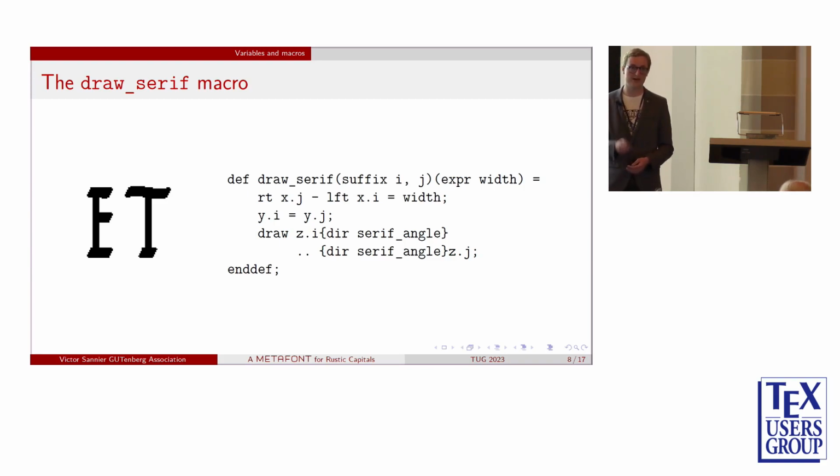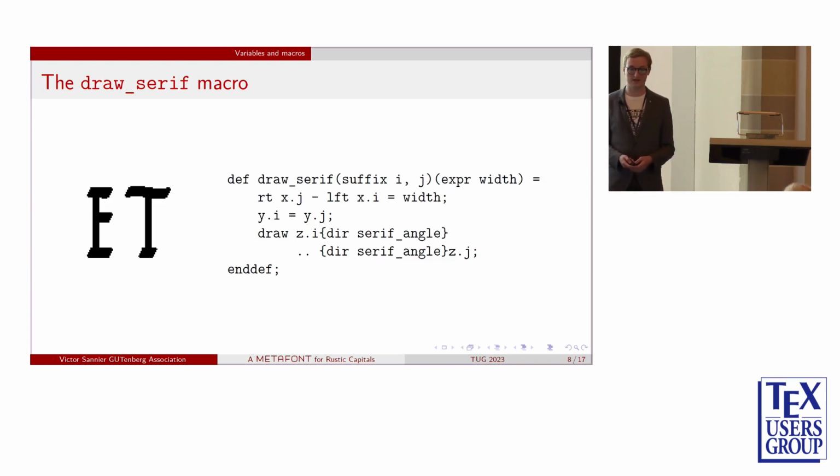and the special instructions RT and LFT just take into account the size of the pen nib. So you have to add or remove half of the size of the pen nib in order to be exactly what you specify for the book. The next line says that the 2 y coordinates should be equal. So here we have an example of what I was talking about when I talked about standardization and regularization. I want them to be exactly at the same y coordinate. There is no noise or